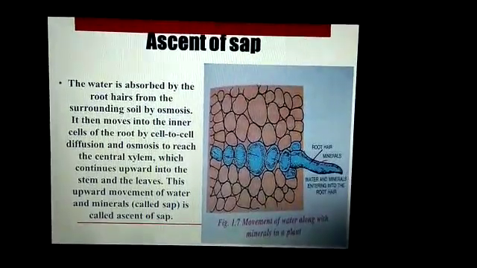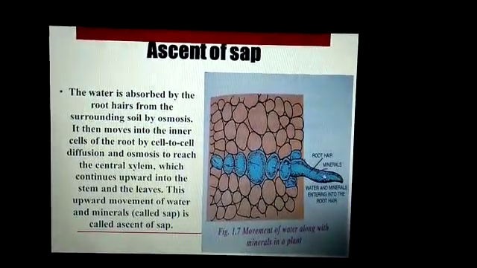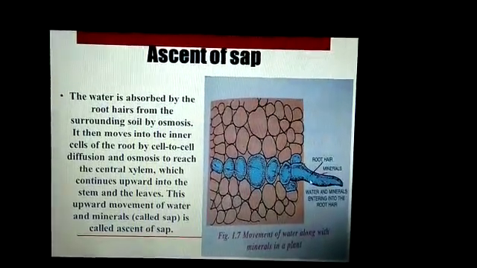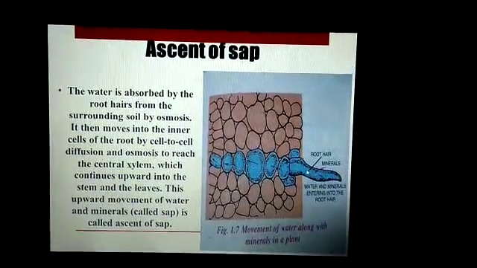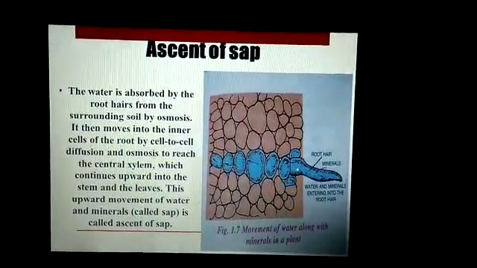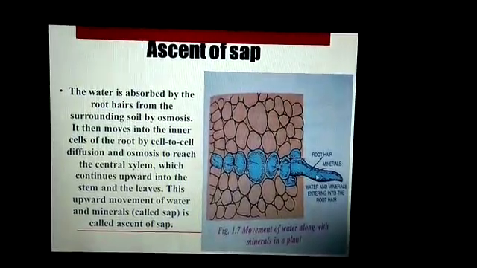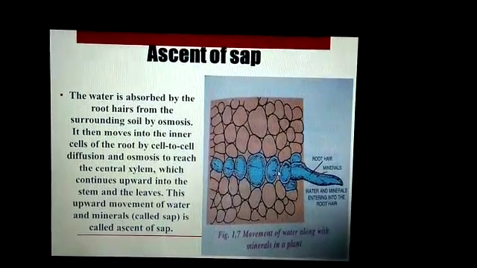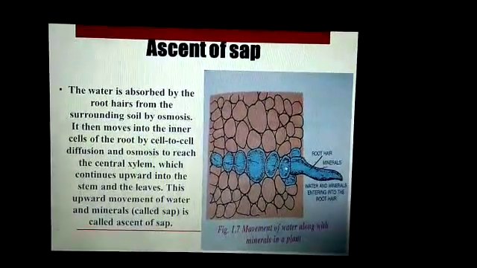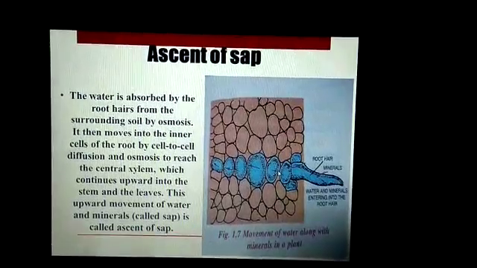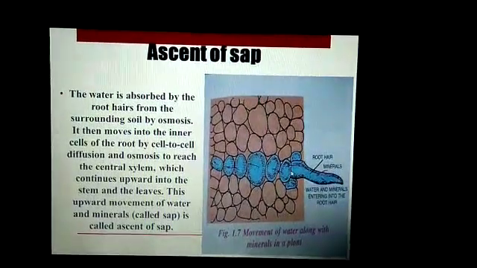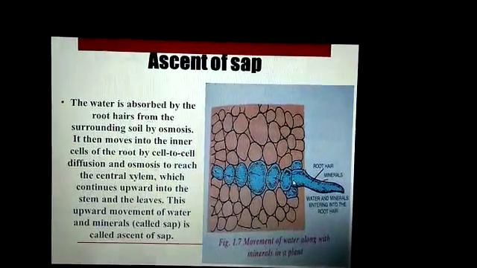In the picture also you can see this is a root hair, and minerals and water both are being absorbed by the root hair. After absorption by osmosis, cell to cell diffusion occurs. As you can see, arrow marks are there, and ultimately the water and minerals reach the central xylem, which is